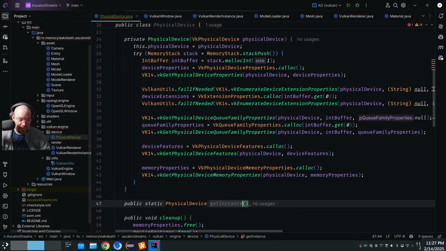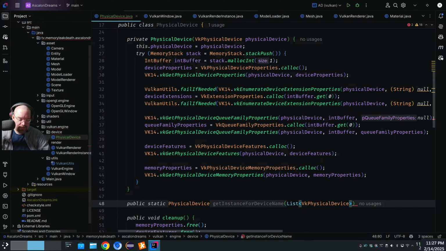If I say get instance for device name, and I take a list of VK physical device, and then string device name,